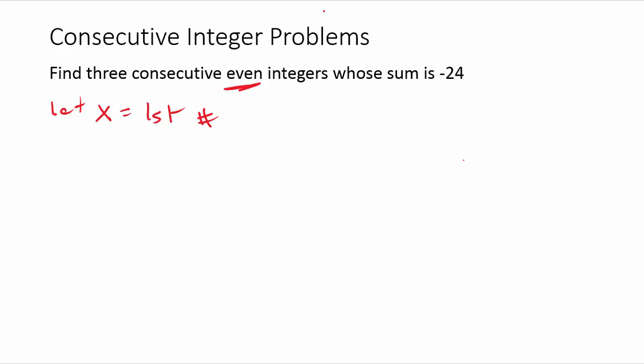Now, consecutive even numbers are a little different, because instead of going up by 1, let's kind of analyze what they do here. So if I go 10, 12, 14, that would be an example of 3 consecutive even integers. Again, I could also do 2, 4, 6. Also an example of 3 even numbers that go in order. Notice that instead of going up by 1 each time,